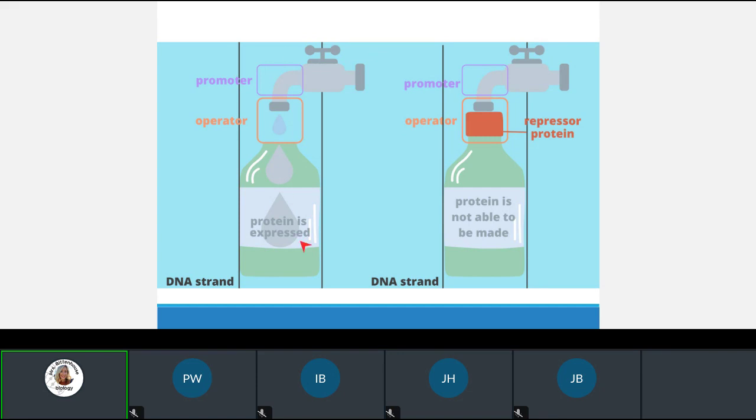So again, this is our DNA, a piece of our DNA. And these are different codes. There's a promoter piece that says, I would like to make a protein. And the operator is what says, this is what we want you to make. It's right here, and then there's a code that follows it that codes for this protein. Usually, when the spigot is turned on, it can just be promoted. There's the code, it's read, and the protein is produced. But when this mean repressor protein, the villain, is around, it stops it.